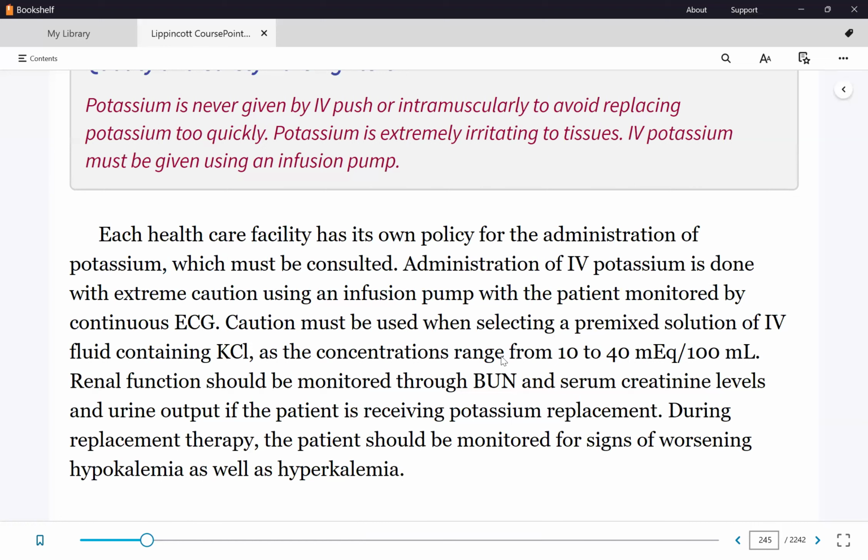So is it easy to correct low potassium levels? Let's say, what's the lowest value? 3.5, correct? What if my value is 2.6 or 2.1? Is it easy to replace 2.1 if I can only give 10 milliequivalents or even 20 milliequivalents per hour intravenously? Is it easy? No, it'll take days. It won't take hours. It will take days to correct that potassium level if it's that low. So